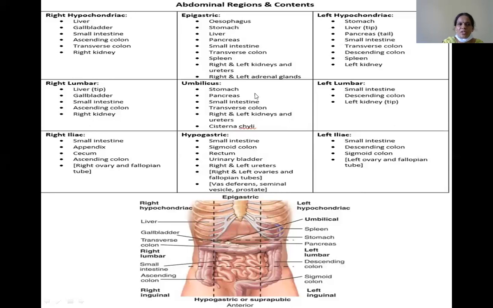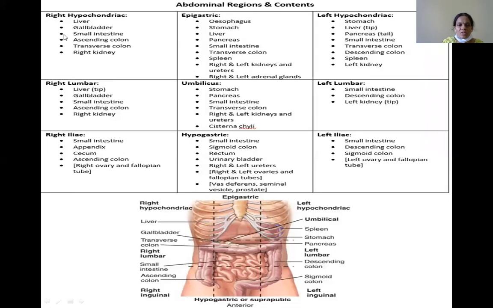Now, what are the different structures which you can see in this right hypochondriac region? This is the right hypochondrium, where you have different structures. This is important because while palpating the abdomen in your clinical examination, to elicit certain tenderness, which area tenderness is being elicited, all this you can come across by knowing these quadrants of the abdomen. So in this right hypochondriac region, you should know what the different structures present are.